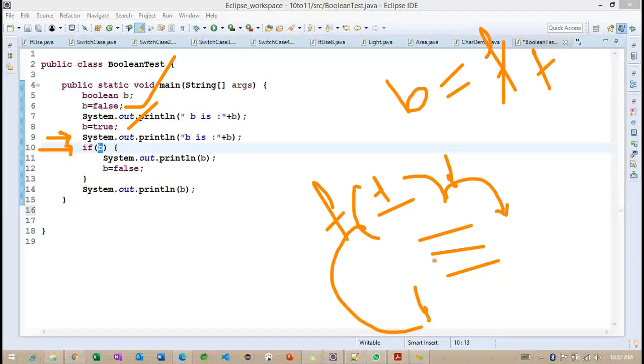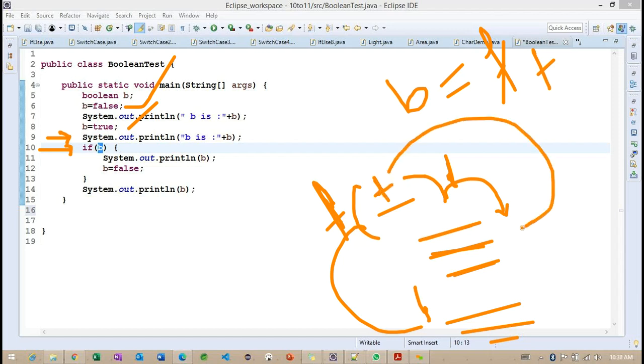Carefully observe. If it returns false here, these lines of code are not going to execute. We have 3 lines of code implemented inside this if block. It will keep on executing the next lines. When it returns true, internally it will enter this conditional block and execute the 3 statements here.